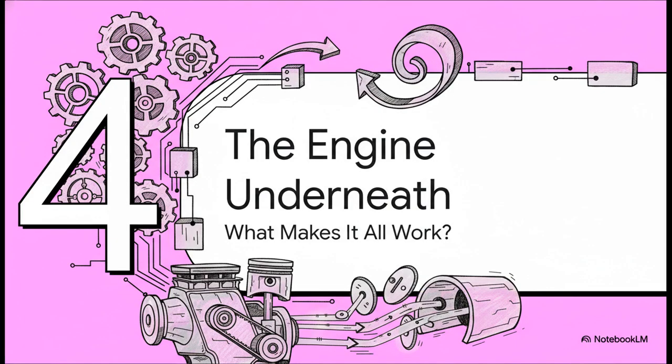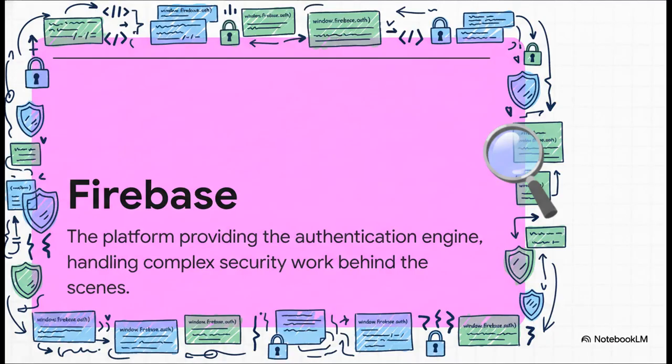Okay, so we've followed the user's journey, we've seen all the clever logic, all the safety nets, but what's actually making all of this work? What's the engine under the hood that's doing all the heavy lifting? So if you were to peek into the code, you'd see this one phrase popping up over and over again, window.firebase.auth. That is the engine. The whole system is built on a Google platform called Firebase. And what that means is the developers didn't have to build all this incredibly complex security logic from scratch. They're basically plugging into a powerful pre-built service, which ultimately means a much more secure and reliable experience for all